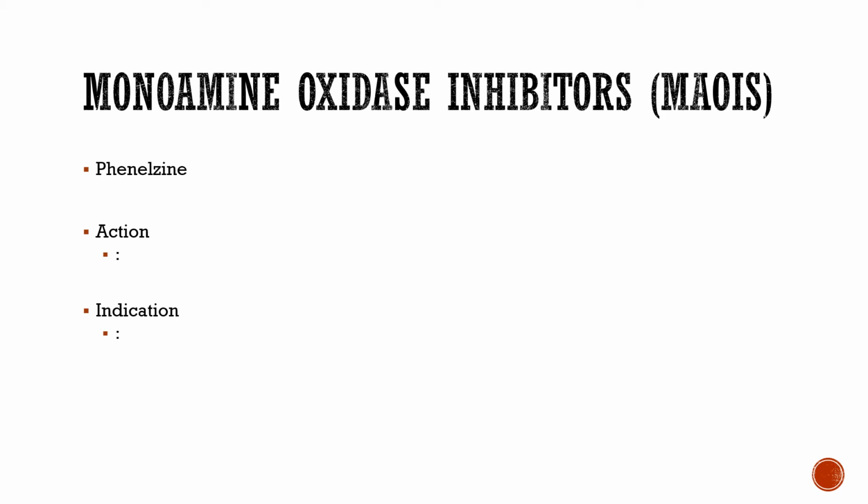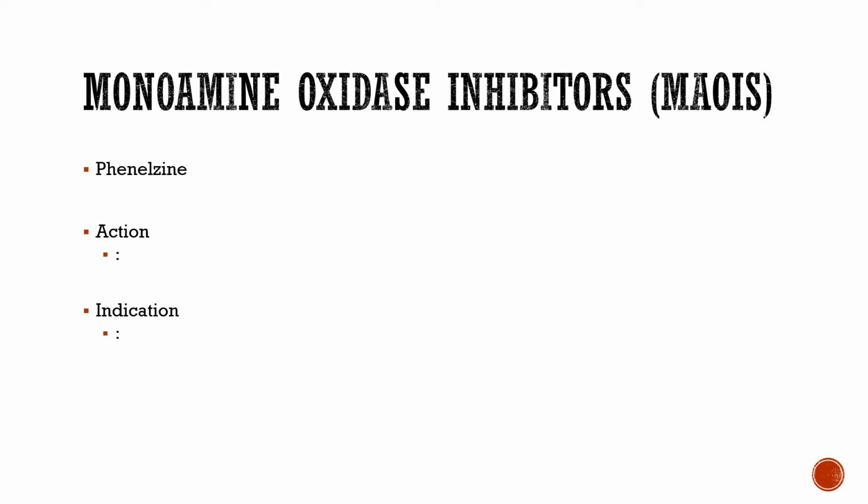The action. So here's how these work. These block MAO, which is your monoamine oxidase, from breaking down those 3 biogenic amines we talked about: norepinephrine, serotonin, and dopamine. MAO sits there in that nerve cleft and helps clean that up, right? So we release those neurotransmitters, and it stimulates, and it keeps the nerve stimulation going. But it needs to be cleaned up. Otherwise, it would just be constant activation.